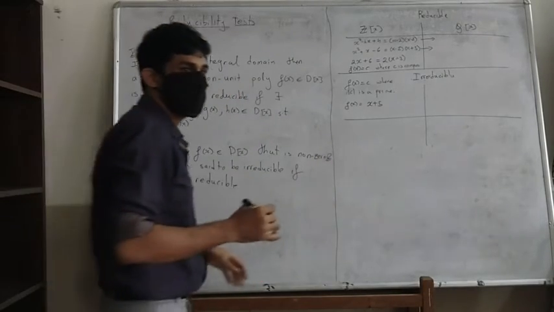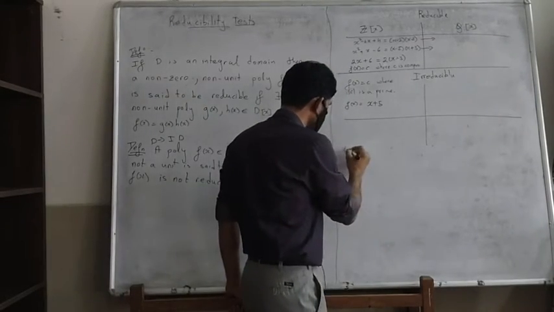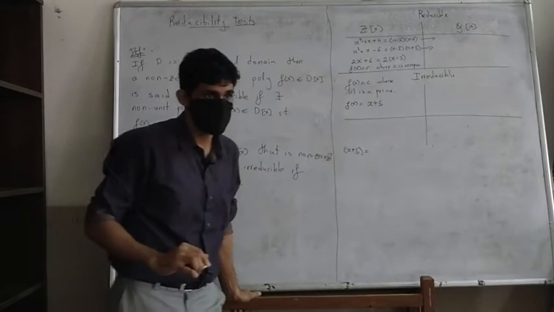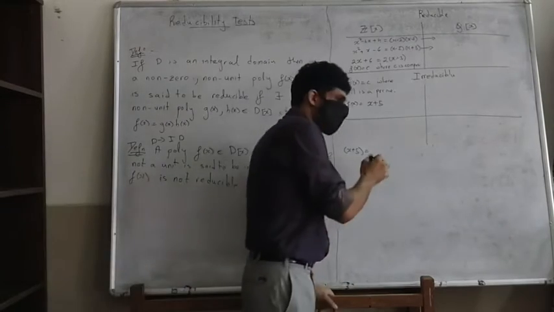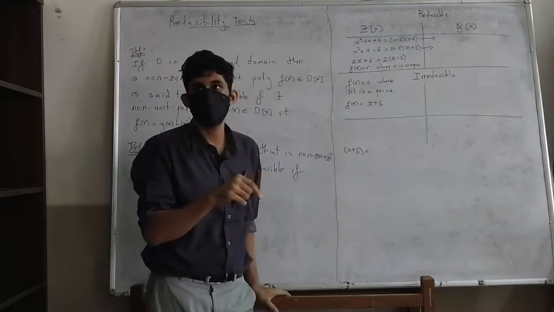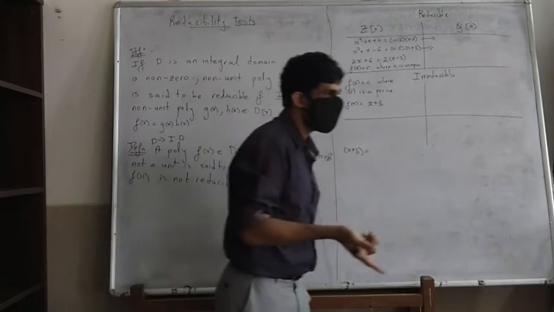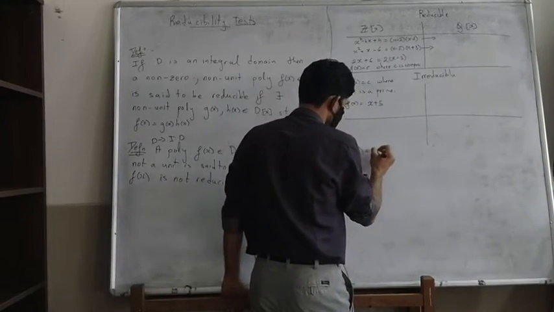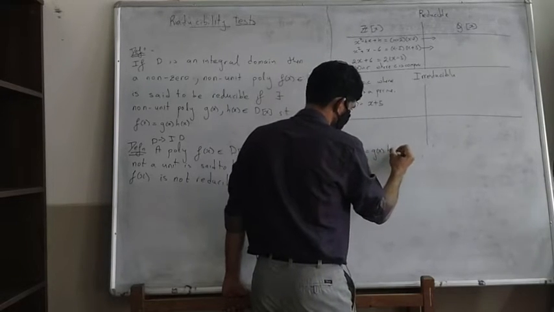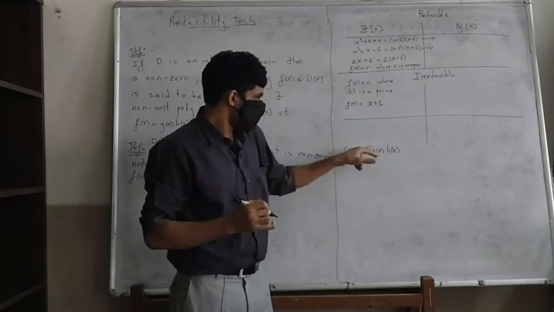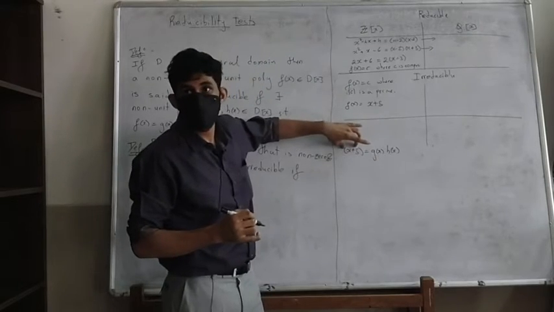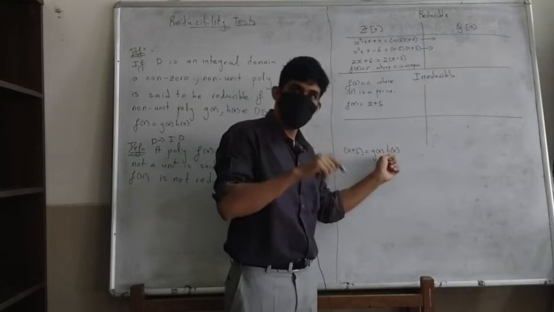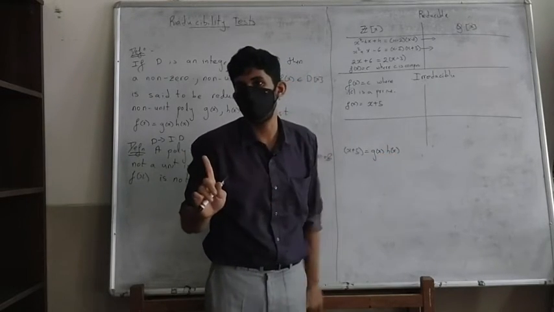Yeah, because again, if I take x plus 5 and attempt at breaking it down, what will it mean? That one of them is a constant and the other one is a non-constant. So let us check what happens. If I can break this down into g of x into h of x, I know that the sum of the degrees has to be 1, so you are left with no other choice other than one of them should be constant and the other one has to be of degree 1.